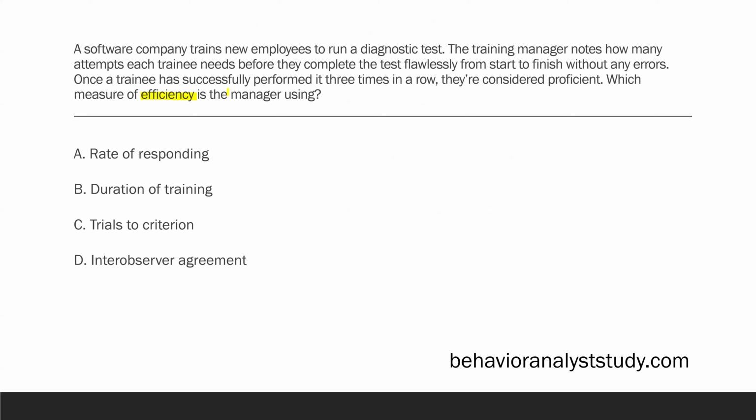Now, in this case, we know the company is training the employee to run this test. The manager is trying to figure out how many attempts each trainee needs before they basically master the task, right? They're trying to do it flawlessly. Once the trainee has performed it 3 times in a row, they're considered proficient. So the training manager is looking at how many times it takes the trainee to perform it 3 times in a row to be proficient. So when we set a target number for mastery and we count how long it takes to reach that mastery,